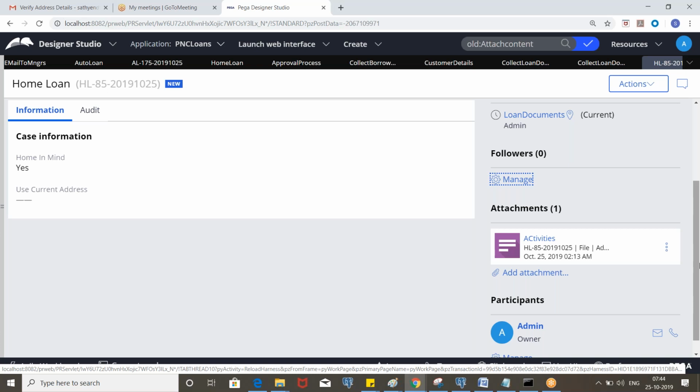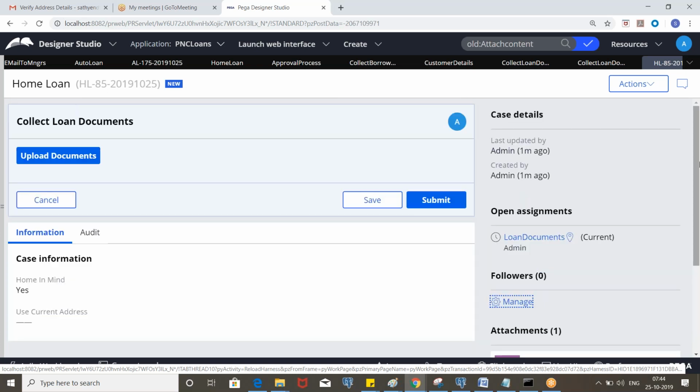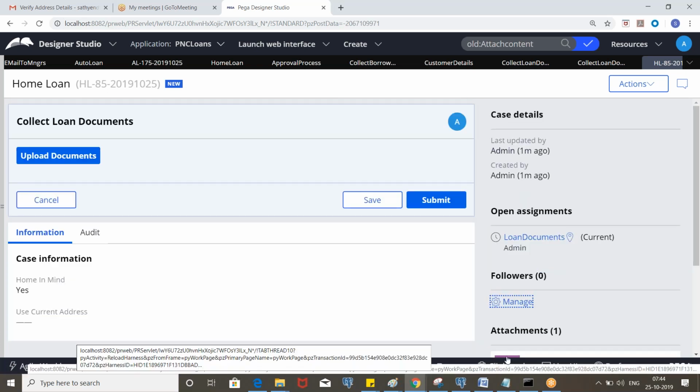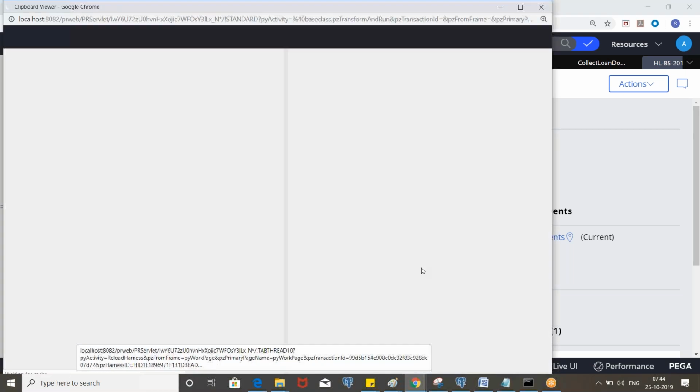All the documents will be stored in that, and you will have the reference, like the keys between the work object and that link table, meaning the work table and the link table.